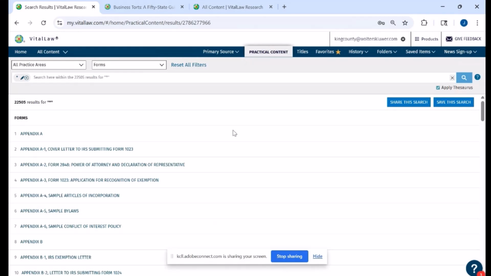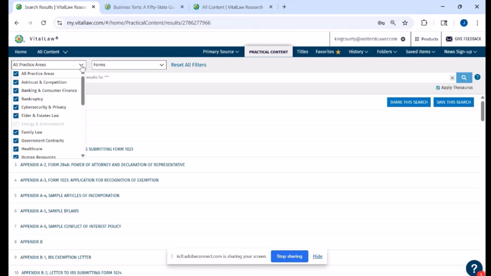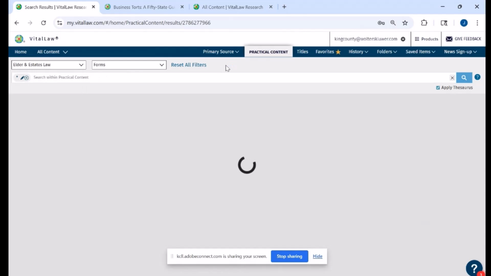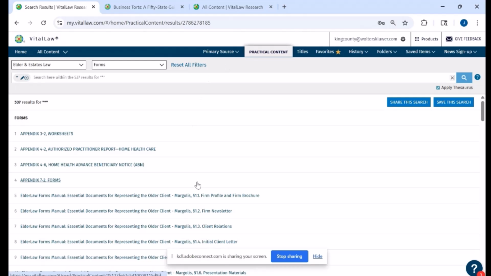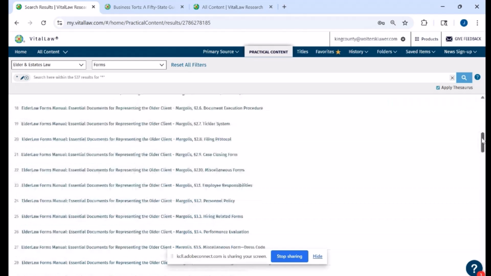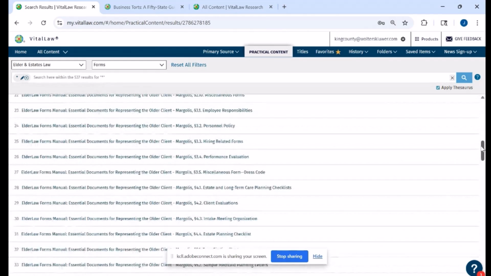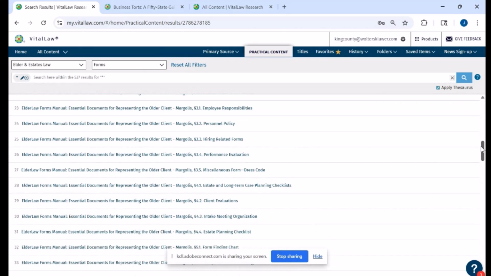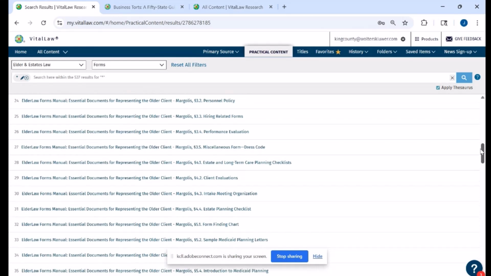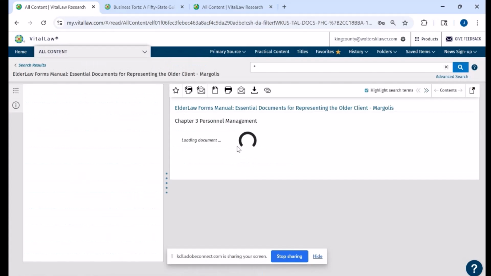and this will show you all the forms that you have across all practice areas, not just litigation. Someone asked about elder and estates law, so I could choose that, and then it will show me the forms that we have available in that particular area. You'll see that a lot of these are coming out of something called the Elder Law Forms Manual. And then if I go into, I'm just picking one kind of randomly here,